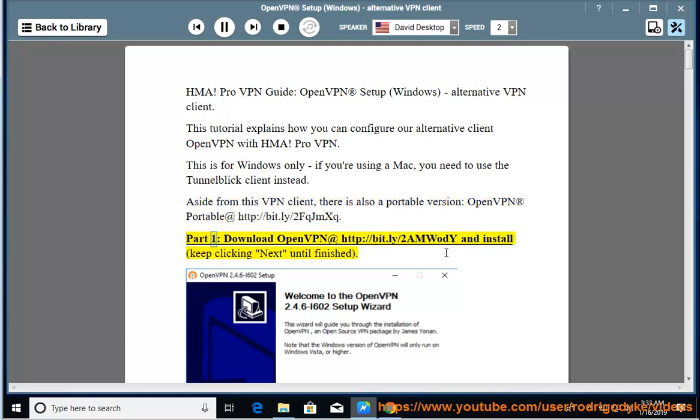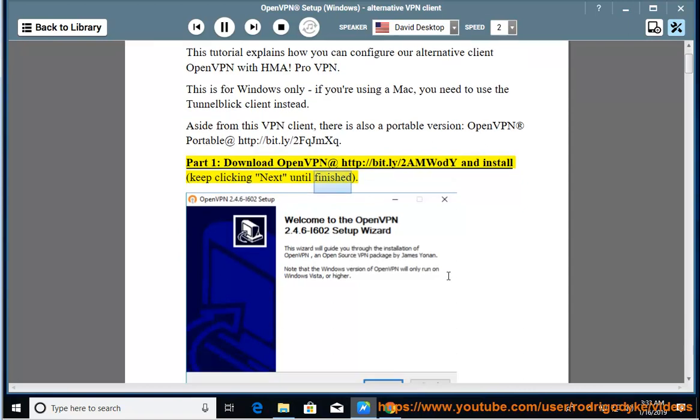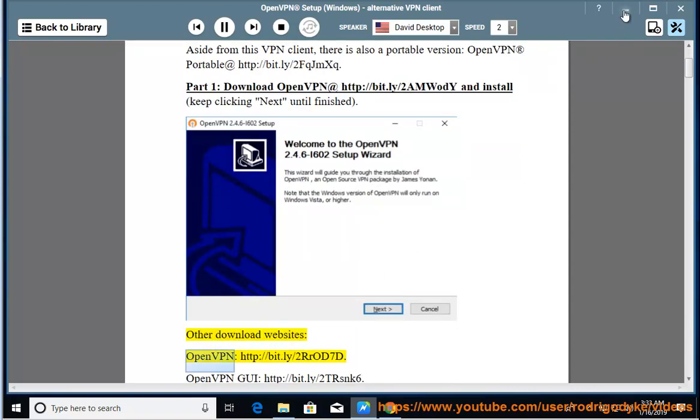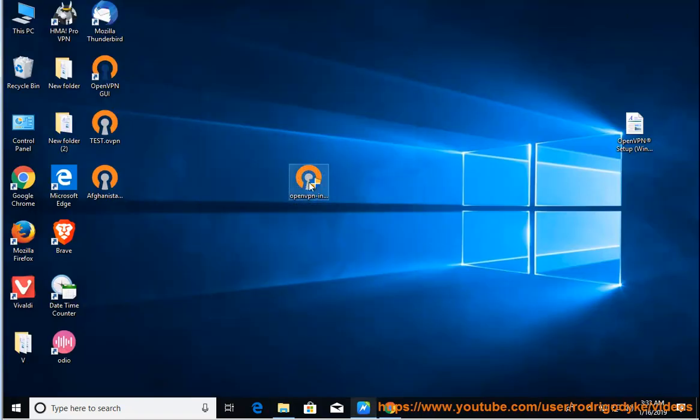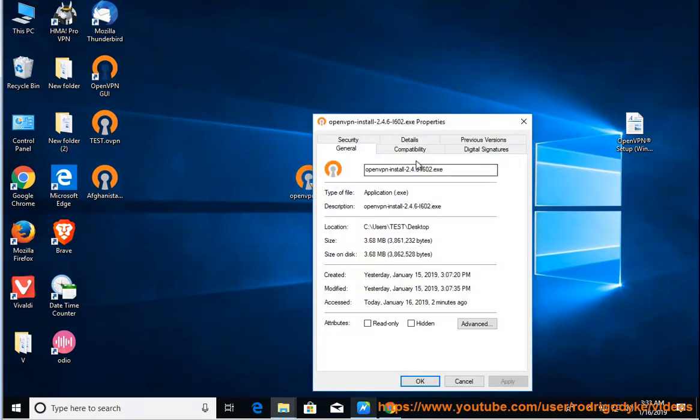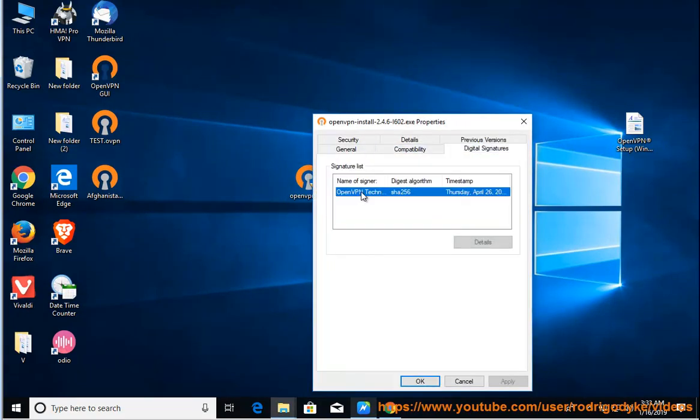http://bit.ly/2fqjmxq. Part 1. Download OpenVPN at http://bit.ly/2amwody and install. Keep clicking next until finished. Other download websites: OpenVPN, http://bit.ly/2rrod7d. OpenVPN GUI,